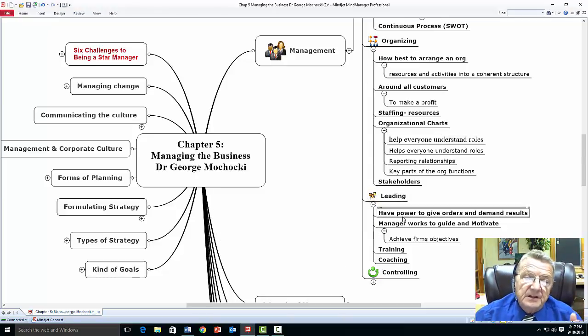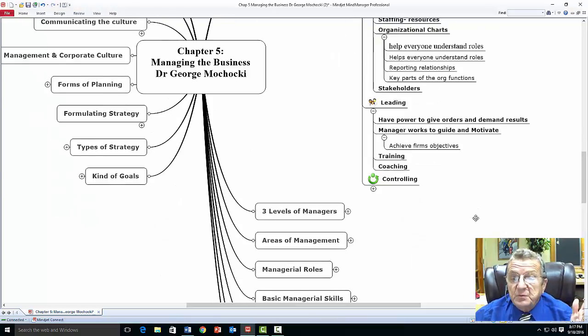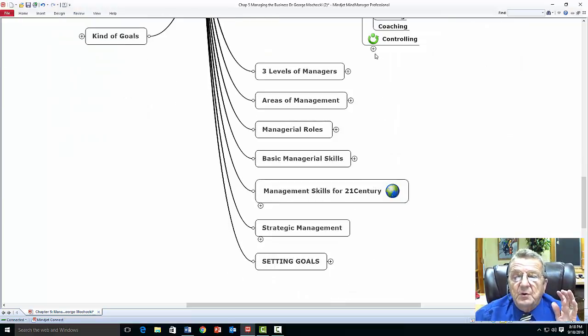The next thing is leading. How do I lead and motivate? Power to give orders and demand results. Managers work to guide and motivate, basically to achieve company objectives. And part of leading is training, mentoring, and coaching. Now this next part, when I'm looking at controlling,